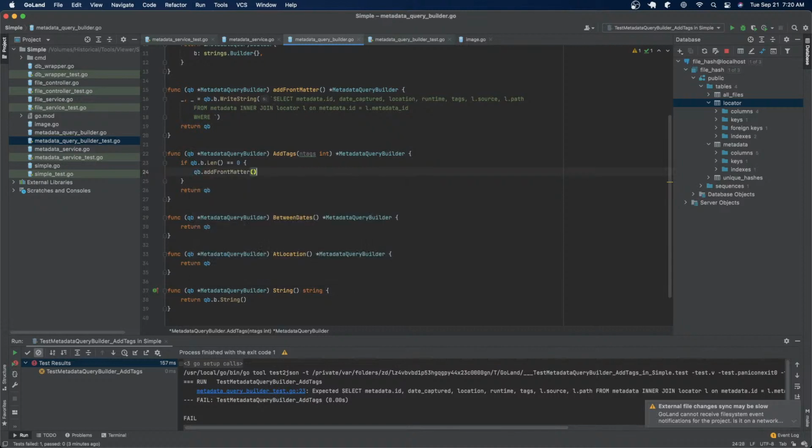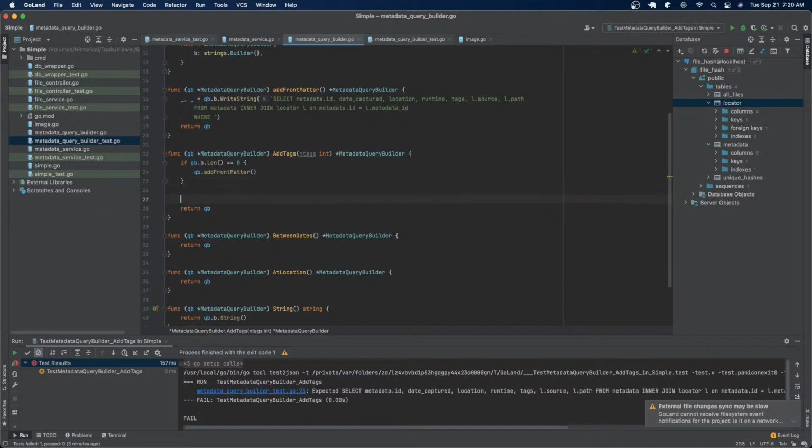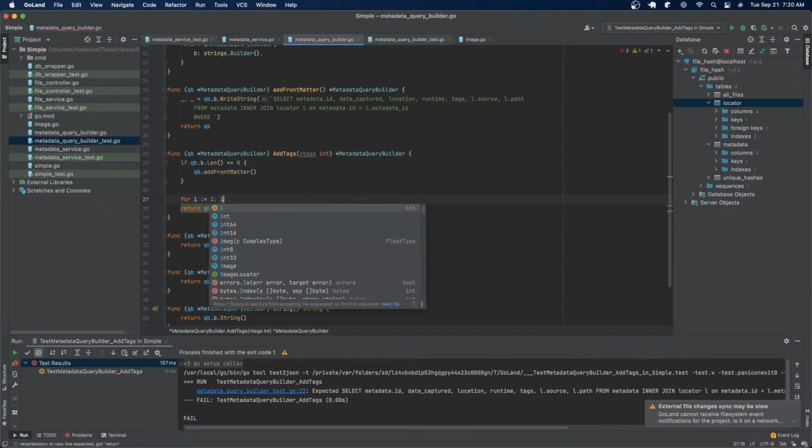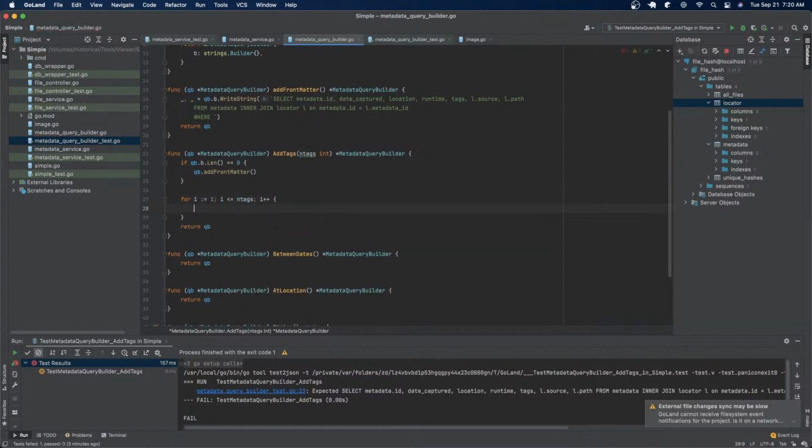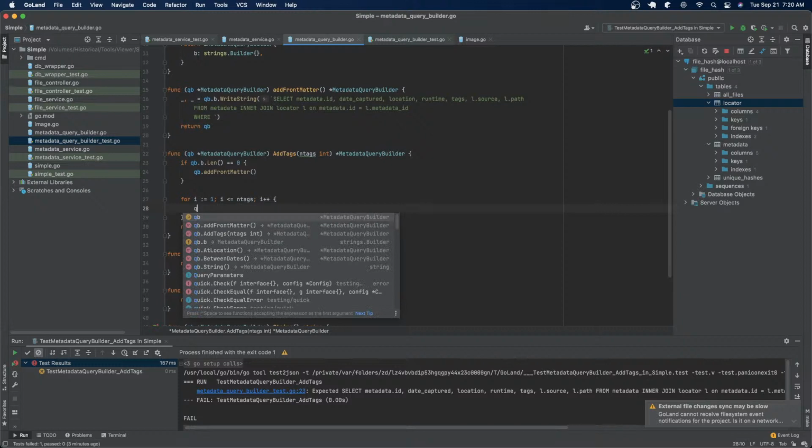Okay, so let's add the front matter. Then for, actually, let's do this, i and tags plus plus. Let's go ahead and QB